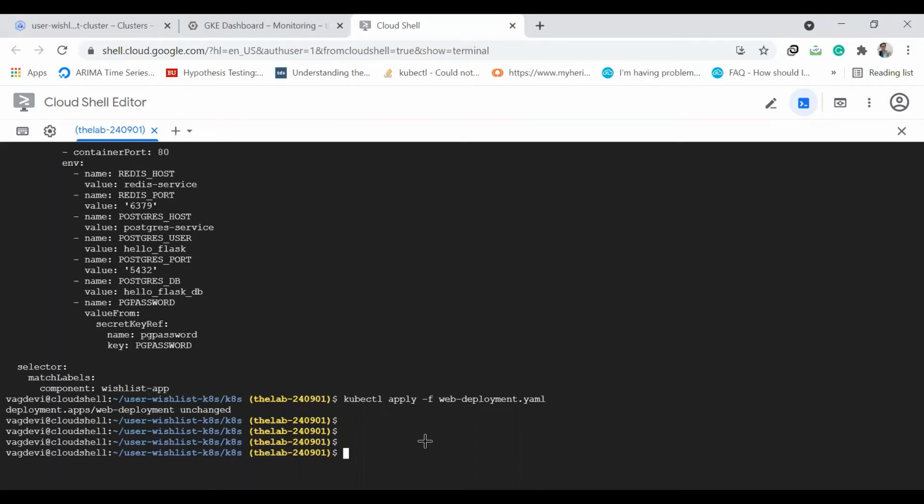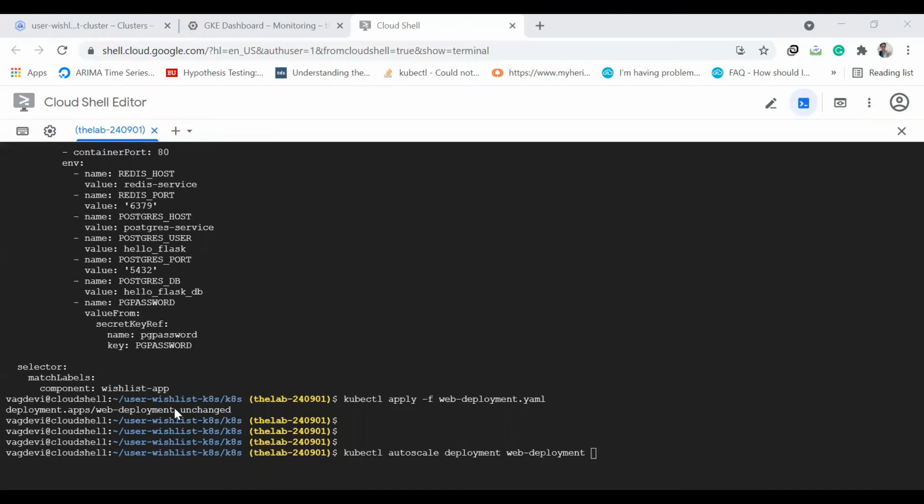Okay, so we can do that by kubectl autoscale deployment, the name of the deployment, which is web deployment, and then we can configure the minimum number of pods, maximum number of pods, and the CPU percentage.